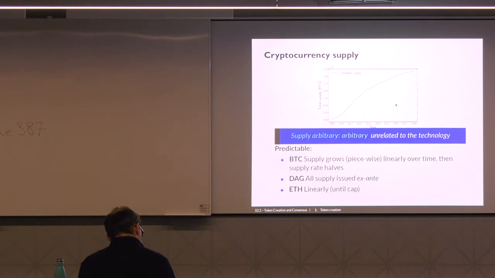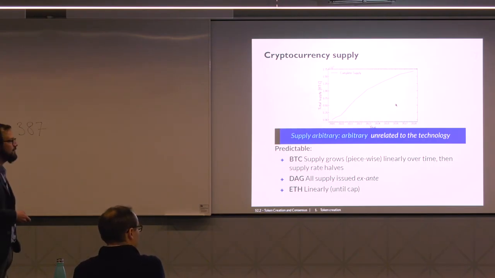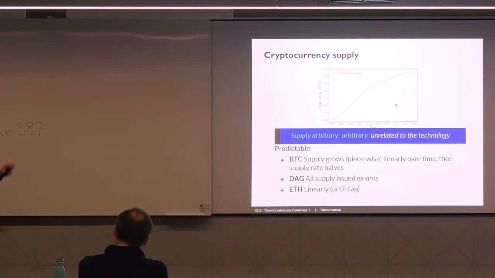And here we see different kinds of monetary policy that have been present inside of these systems. Because what I said before, which is how do we create new assets, has multiple answers. The answer given by Bitcoin-like systems is that you have a new amount of assets that are added to the system with the creation of each block. Bitcoin has a supply policy that follows this halving every specific period of time.